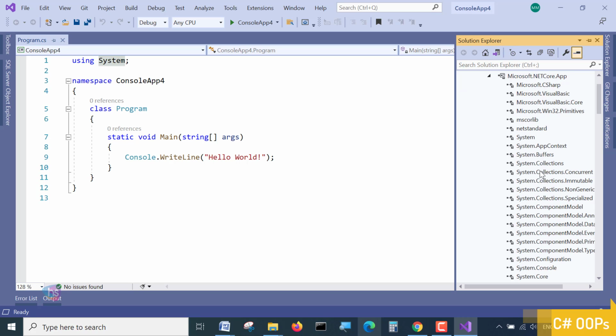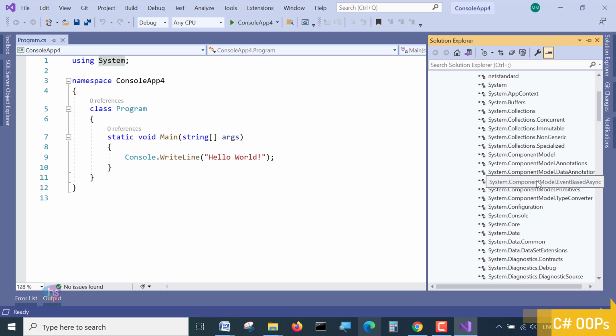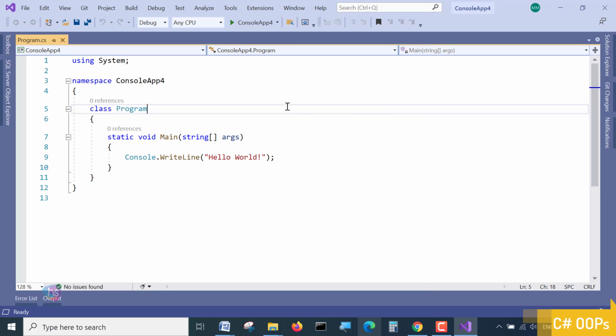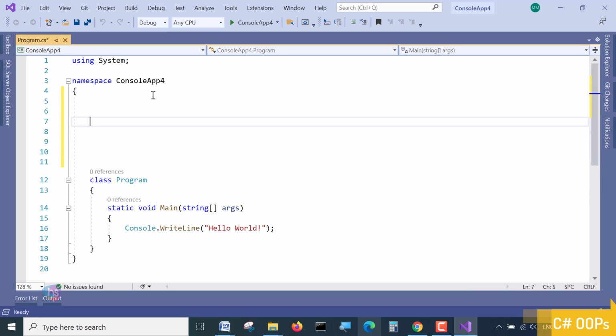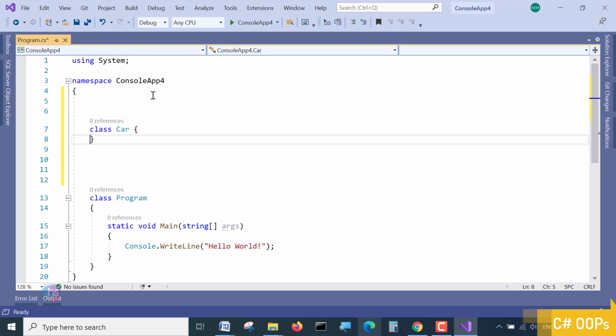These are all predefined .NET Core app libraries. Whenever we require functionality from a library, we use the library as a namespace and utilize the functionality. All right, now we see a simple declaration of a class and how it is written. I'm not going to touch any line of code here, I'll just show you how to write. By using the keyword class, and the name of the class is Car, and we open and close braces.